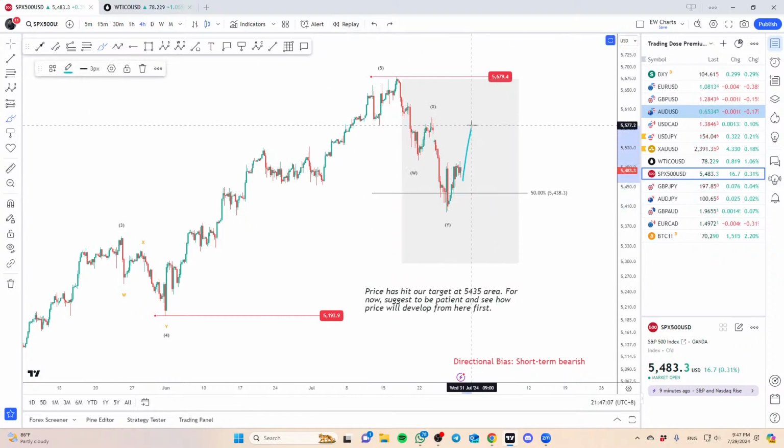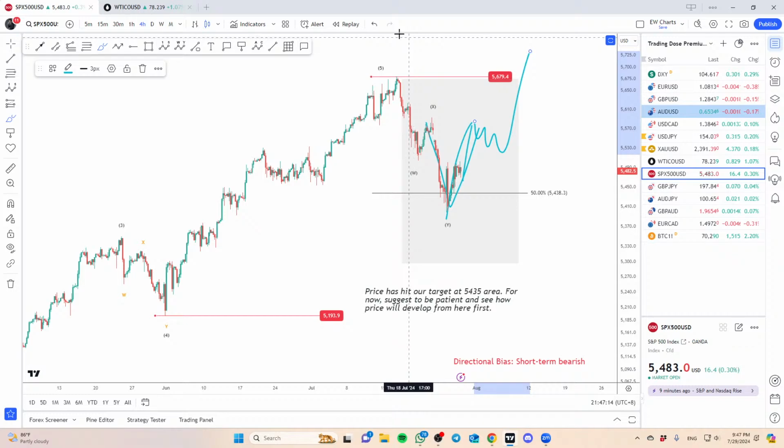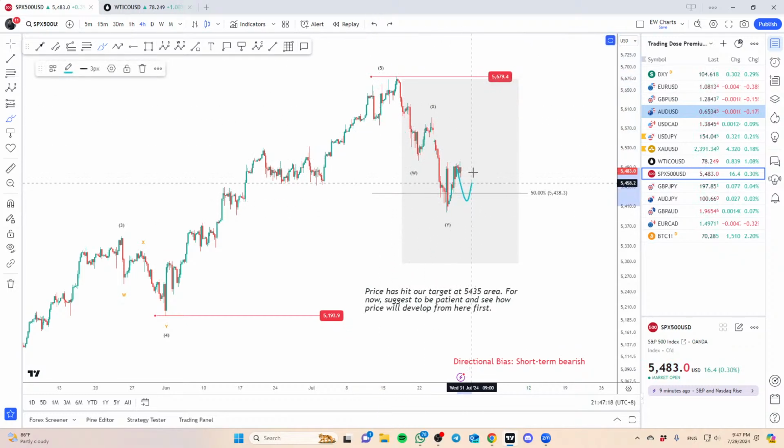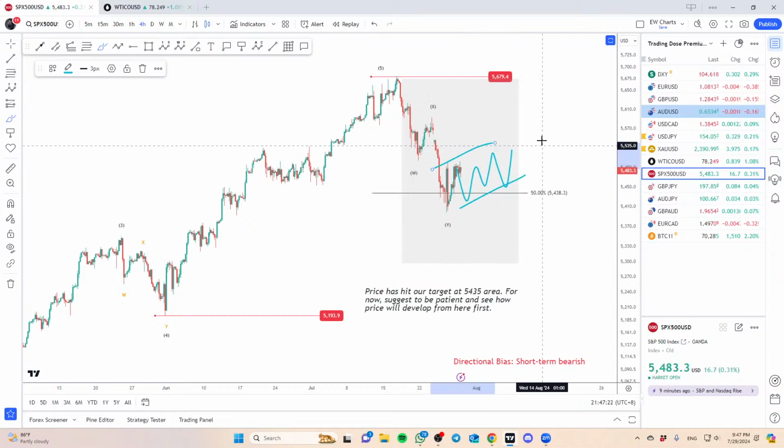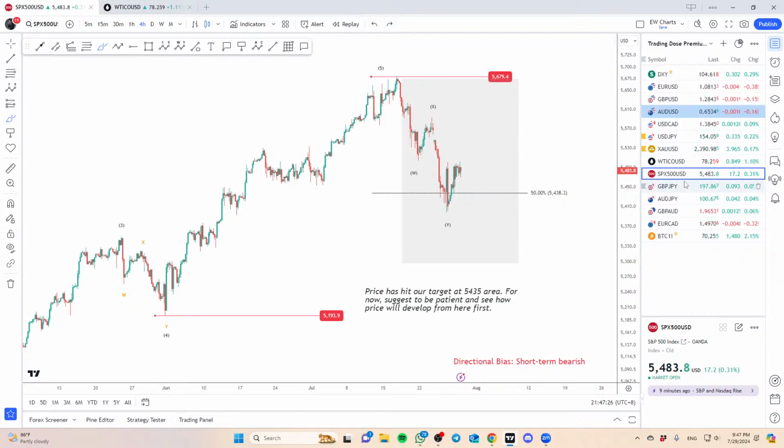If this just goes back up impulsively, some sort of a V shape here, of course, that will give us a higher probability the market may have completed this pullback. But if it struggles to pull back, and it does something like that, then it puts up the possibility we get one more push. Okay, so that's on S&P.